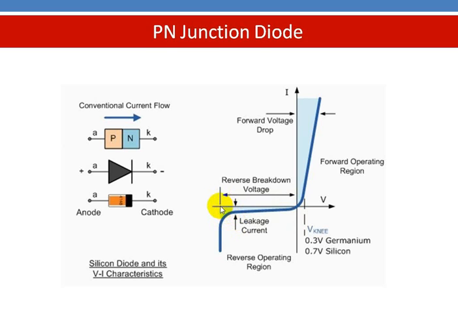And the reverse voltage at which the device starts conducting is called the reverse breakdown voltage. At this point, the junction breaks down and starts to conduct in the reverse direction, and the device can no longer be used. The device should never be operated at this point. So always the device should be operated such that the reverse voltage is well below the reverse breakdown voltage.